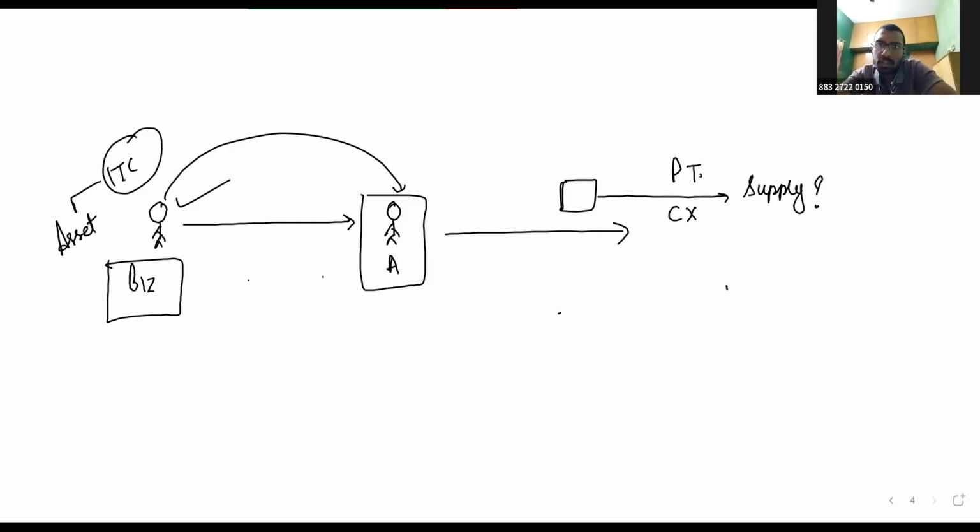Tell me. First, Mr. A has not utilized the ITC for that particular asset which he has supplied to another person. According to you, as Mr. A has not availed the ITC, even if he does the permanent transfer without consideration, it will not be a supply, right? Yes, ma'am. Everyone has the same logic.